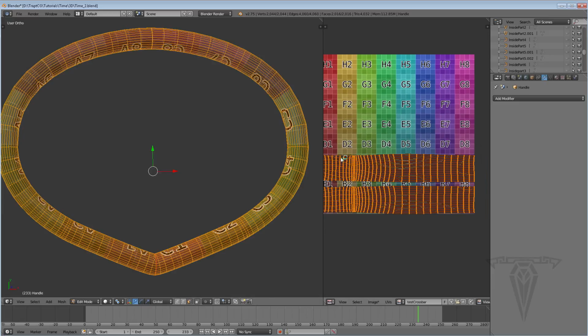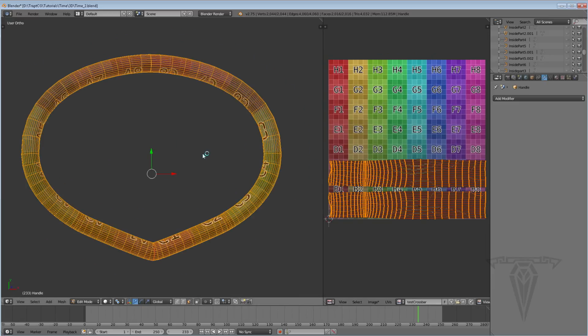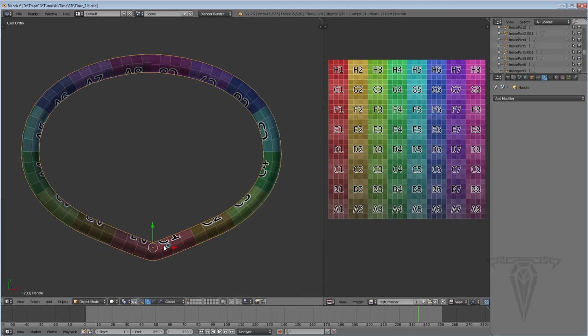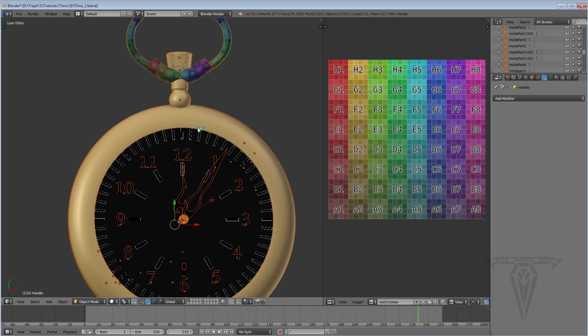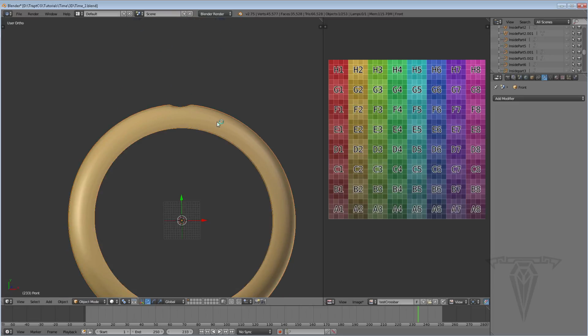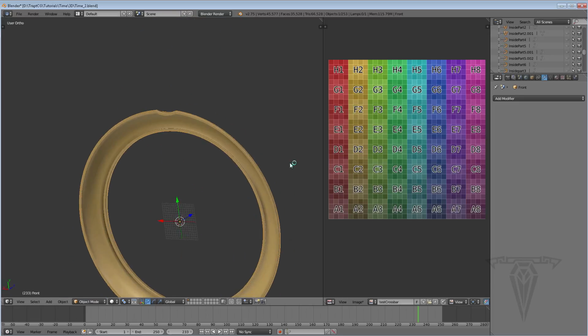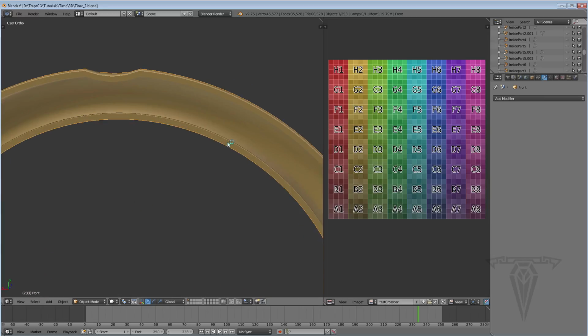Okay, so that's done. Let's go ahead and go Tab to come out of edit mode, and let's jump back into Alt H to unhide all. So let's do something a little bit more complicated. Let's try this front face here. Let's go Shift H. Now, there's one thing I need to look at first before I unwrap this guy,